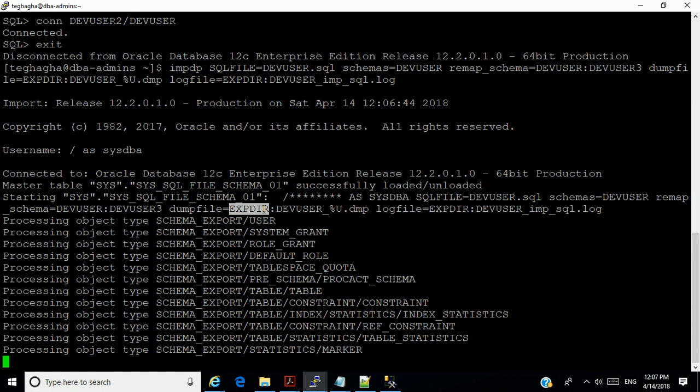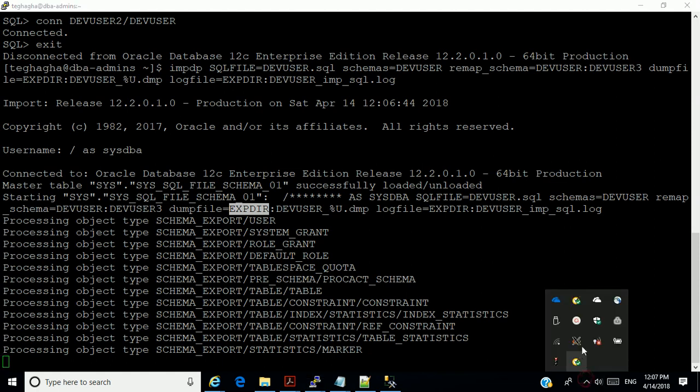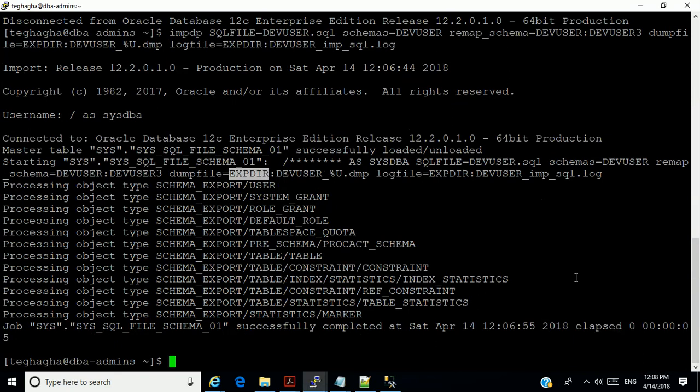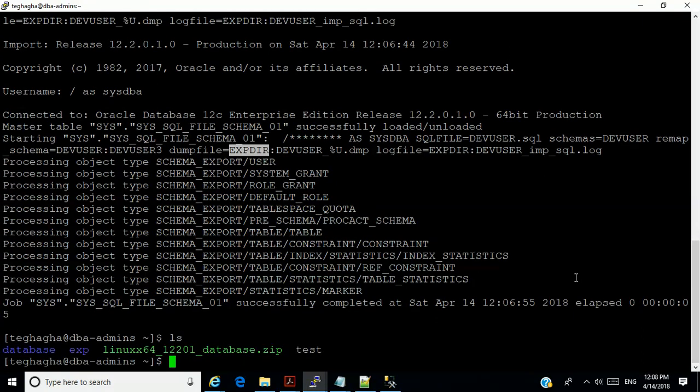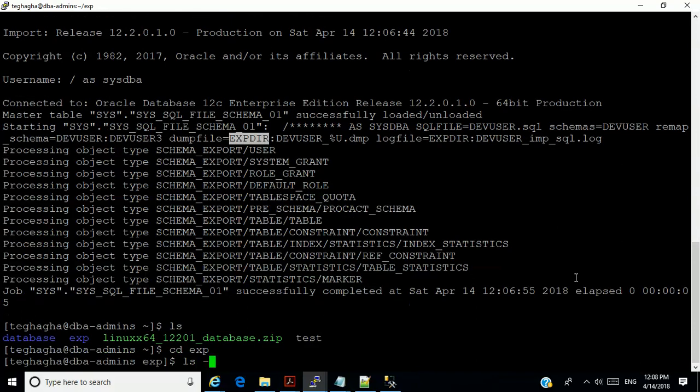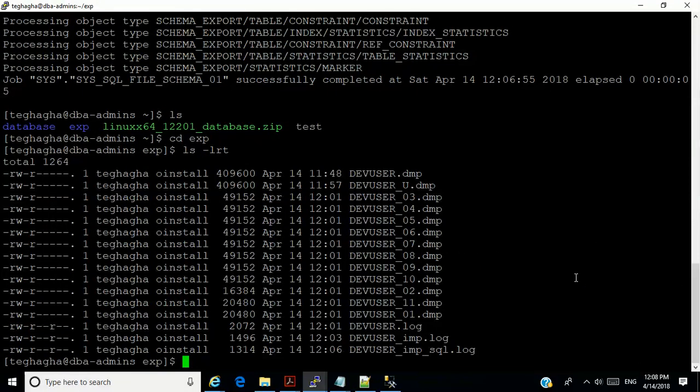This one we're doing is just to consider the create statement. So right now we finished the import. Now let me look for that file. And I told you we did not define it. So ls. So you can see it's not in the default directory like I told you.